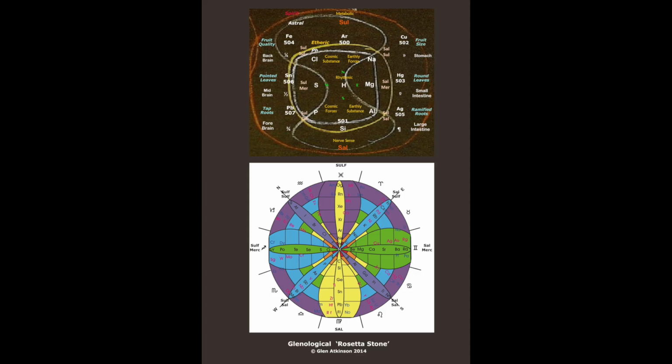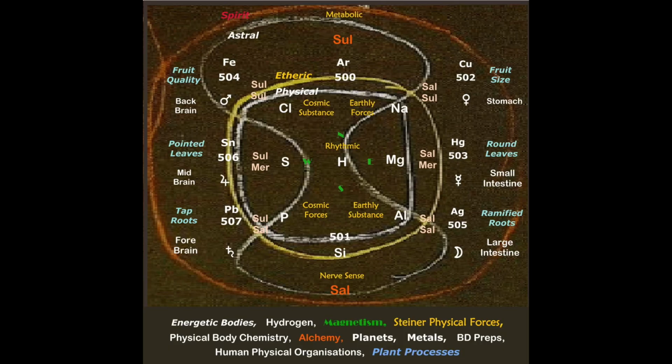So we come back here and we have those there, and we start looking at some of these other references that Steiner's using. And of course we can place the planetary activity into these,